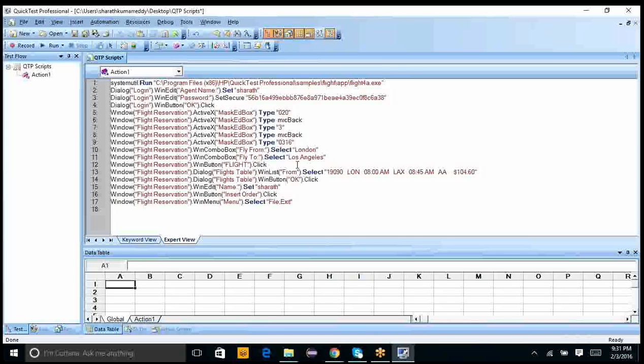So the syntax or the step definition is SystemUtil.Run, which means you are using the system utility of QTP and you are running a .exe file which is there in the specific location. Whenever you include this kind of step, it will execute .exe files automatically.